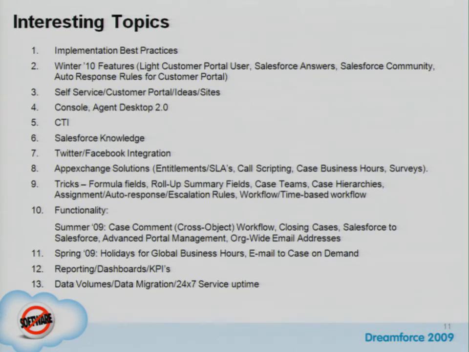So as everybody said, if you're starting with a knowledge-based strategy, then solution is as good a fit as knowledge. But if your long-term strategy is, hey, we're going to grow this, where I want 20% of our cases to be deflected by knowledge-based, I want knowledge-based to be part of every case management process that we have, we have a KCS certified kind of process in place. If you look at that vision, then definitely start with knowledge. You can definitely migrate from solutions to knowledge. But if you're going to start with the process and your long-term vision ties to knowledge, then start with knowledge at that point.